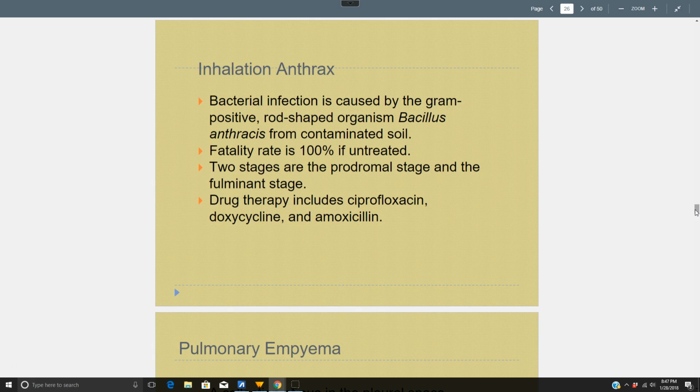There are two stages, the prodromal stage and the fulminant stage, and your book talks about what kind of manifestations you would see in each of those stages, and the prophylaxis and treatment of inhalation anthrax. And your book also talks about pertussis and